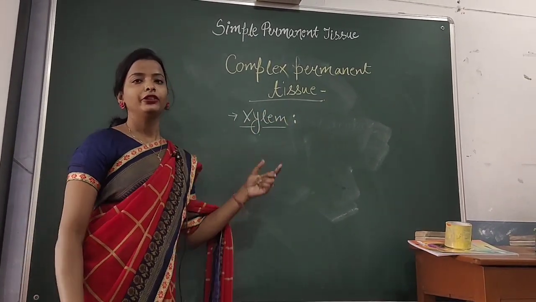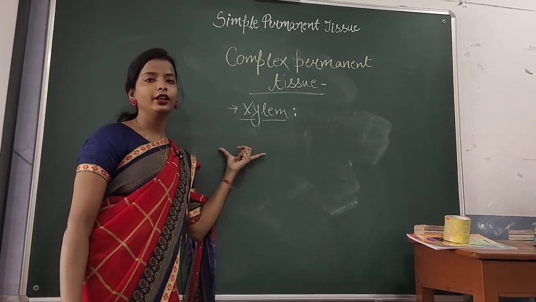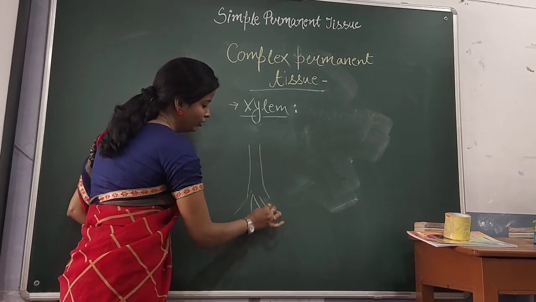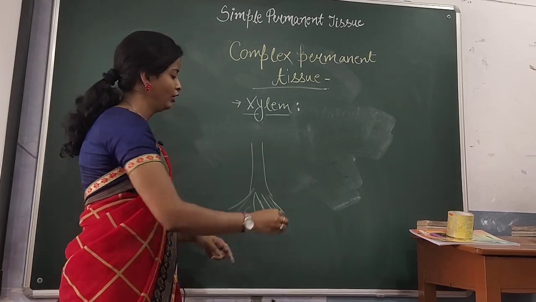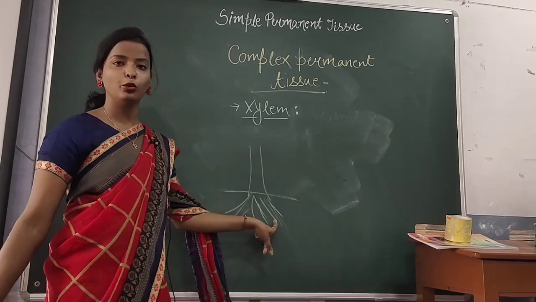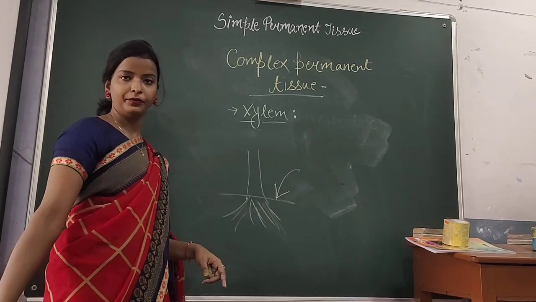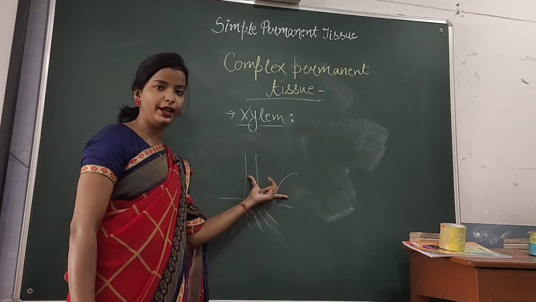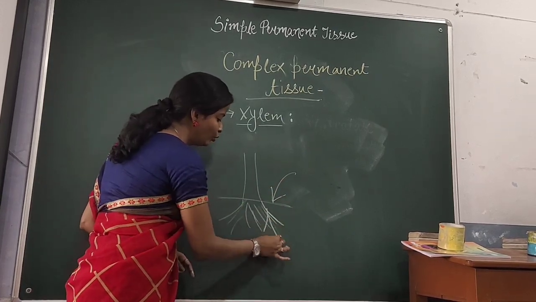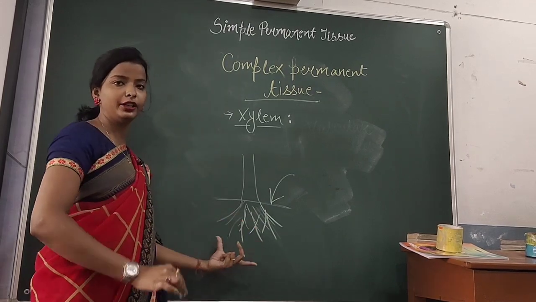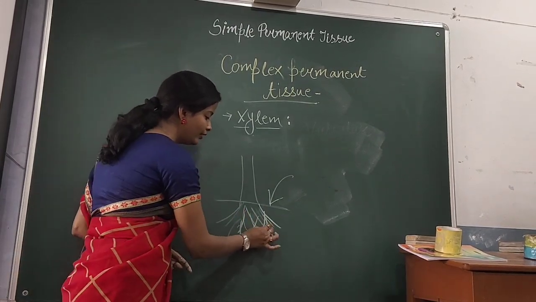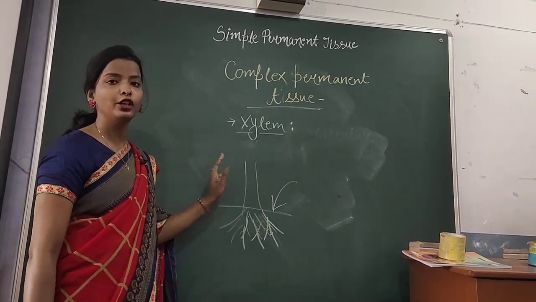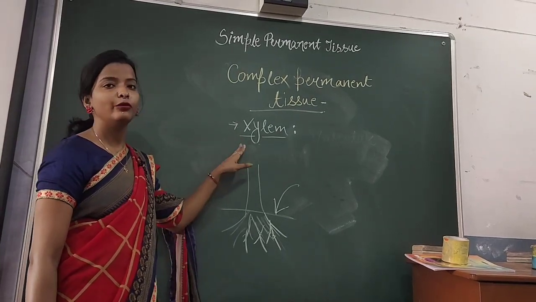Now what are xylem? Xylem are used to transport water throughout the plant body. Now you can see, suppose this is a plant body and this is a root. So this is a soil particle, this is the root. So we water the plant to the soil, right? And the water is absorbed through the root. This also we know, that we water the plant to the soil, and the water is absorbed by the root or the root hairs that are present beneath the soil. Now what happened? This water is stored here. Now a medium or channel is required to transport this water to the plant body. So that channel is xylem.